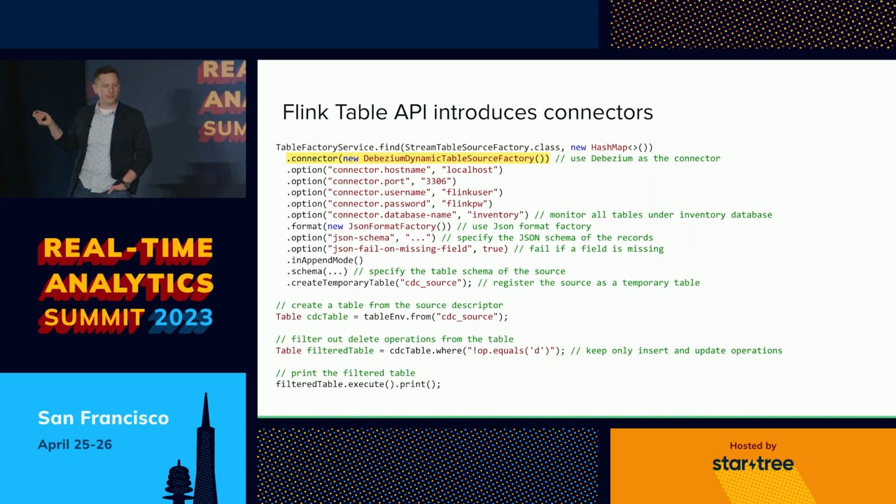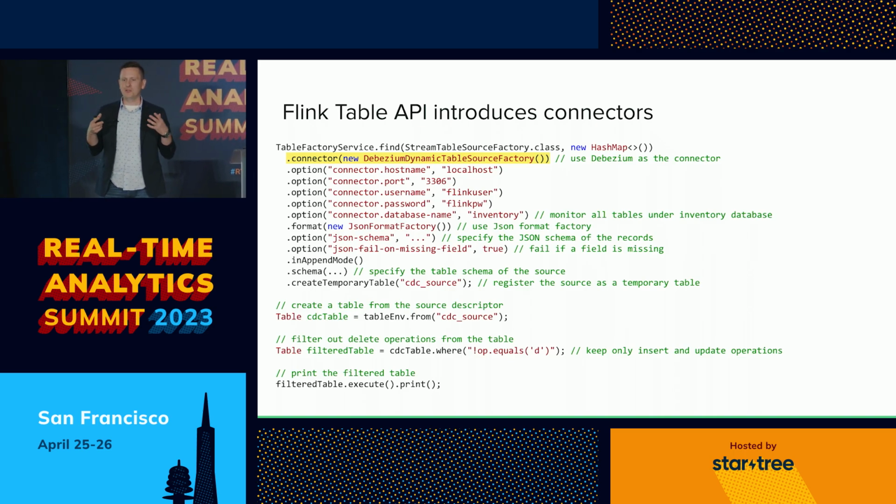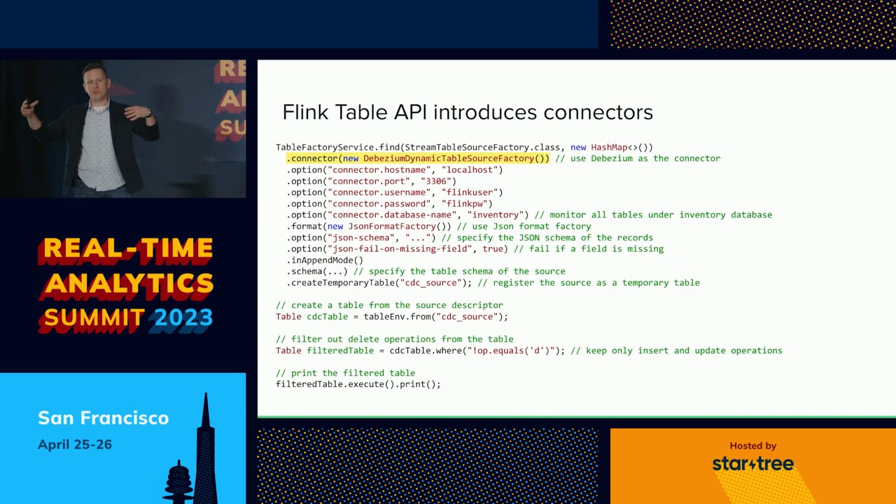And I highlighted here, you see Debezium. I think I mentioned Debezium earlier. It's a Kafka Connect-based project. So it's kind of interesting because someone took the Kafka connectors and ported them over to Flink. It's illustrative of the fact that it's pulling connectors into the same place, the same job, instead of the sprawling architecture of different things connected together.